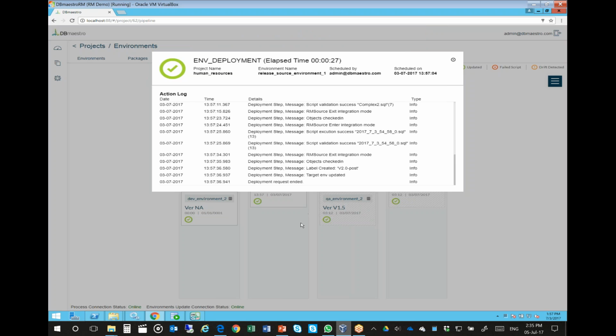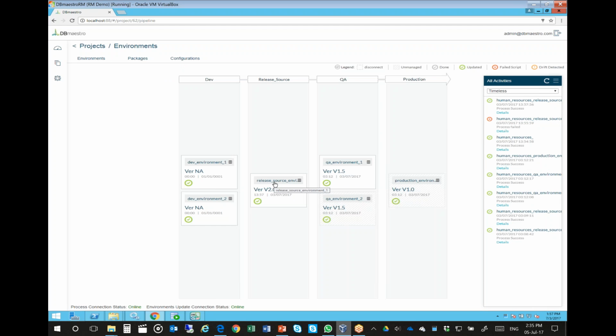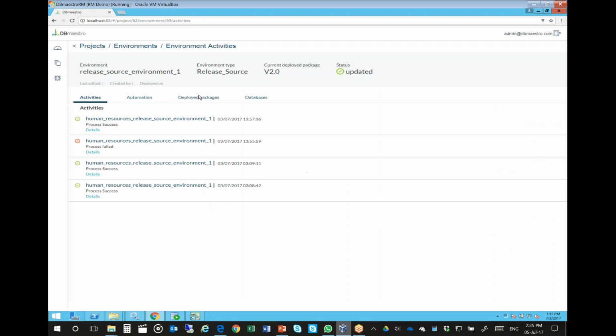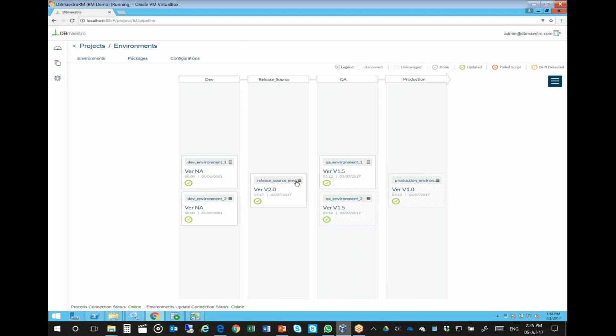So that release has already concluded. I can view that from inside. I can view that through the log. I can actually look at the environment and see what successful deployments I had and the different packages that were part of each release. So now that I have version 2.0 in my integration environment,